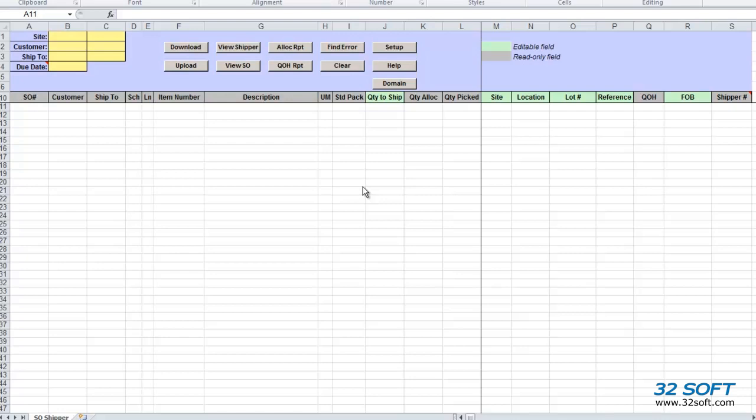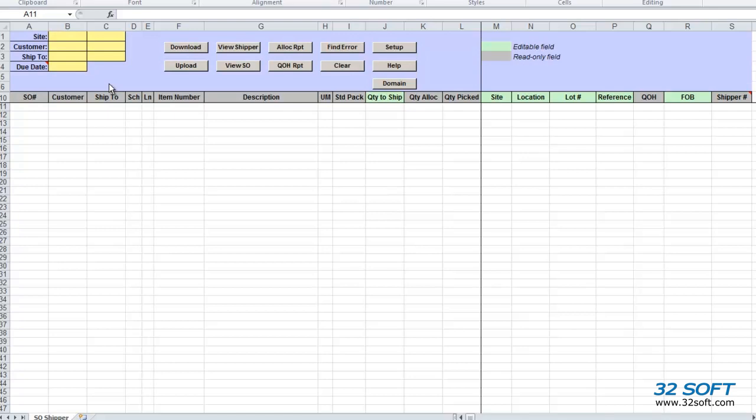This data loader was designed especially for QAD users who work with a large number of shipments in the QAD 7.9.2 menu. You'll find that this efficient and productive tool allows you to download data from QAD into Excel spreadsheets, where you can easily manage shipment details. Then, quickly and safely, upload your data back into QAD. Let's take a look at how Sales Order Shipper Data Loader can help you manage your shipments with greater efficiency